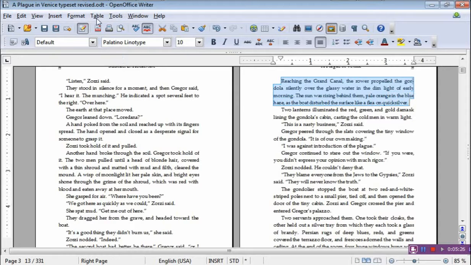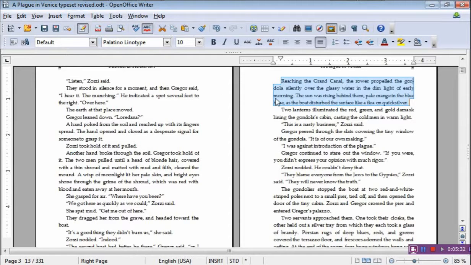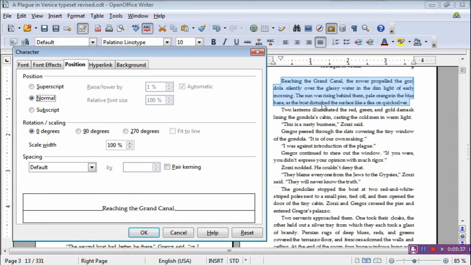So I highlight it. I want to go to Format, Characters. Not paragraph. I'm going to be formatting the character width. And it's not the width of the character so much, but the spacing. So here I have it. I've already manipulated this a little bit, but I'm not sure there's anything I can do. But let's just see for the point of illustrating what I'm talking about. Because I can come here. If I go to the Format Character